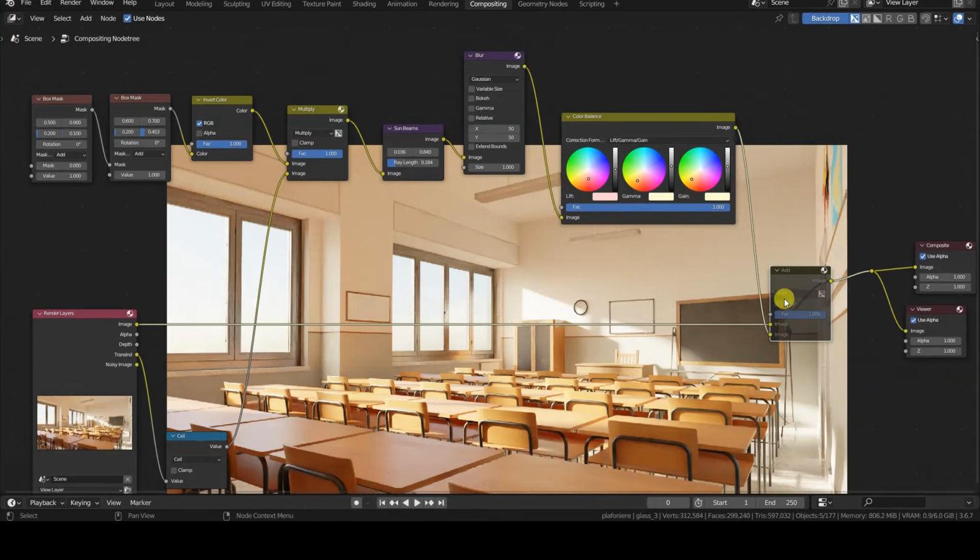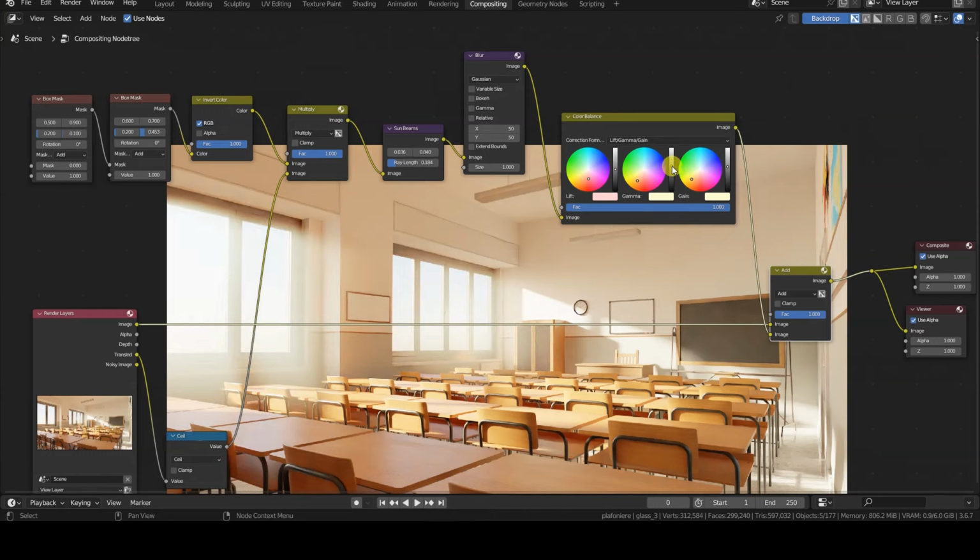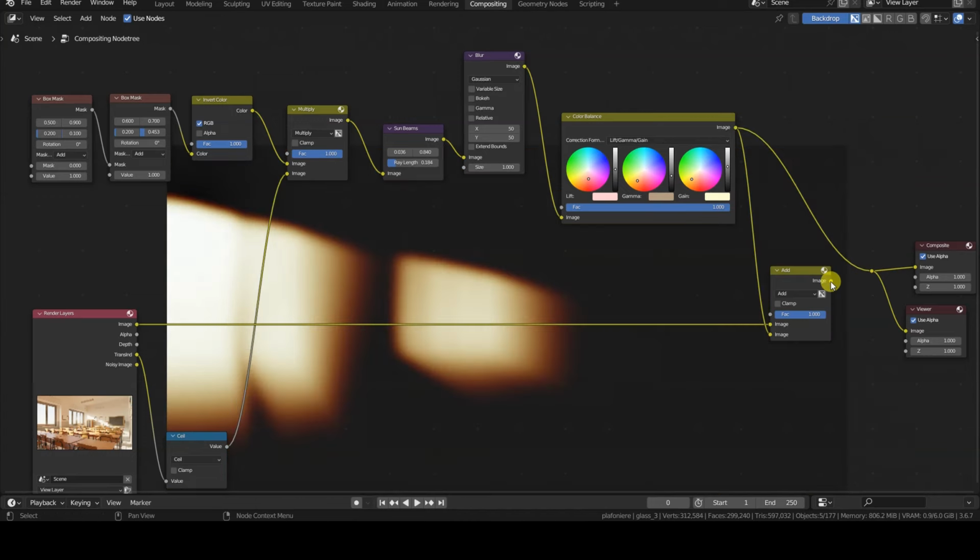To analyze the rendering with and without this effect, select the final color mixed node and press the M key many times to include or exclude the effect.